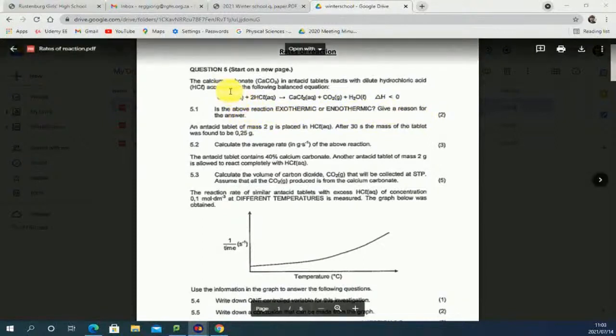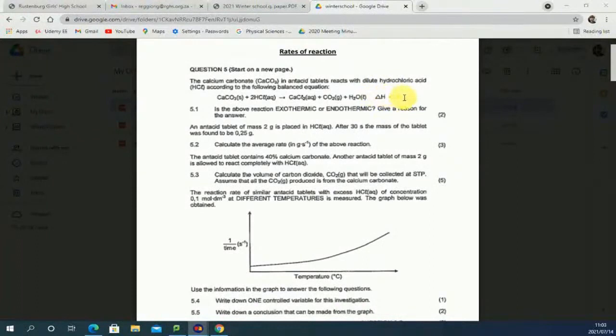If I look at the equation, we clearly see that delta H is negative, and we know that when delta H is negative, the reaction is exothermic. Notice, the one other thing that I just need to mention about question 5 and rates of reactions is that single arrow over there. That single arrow is very, very important,